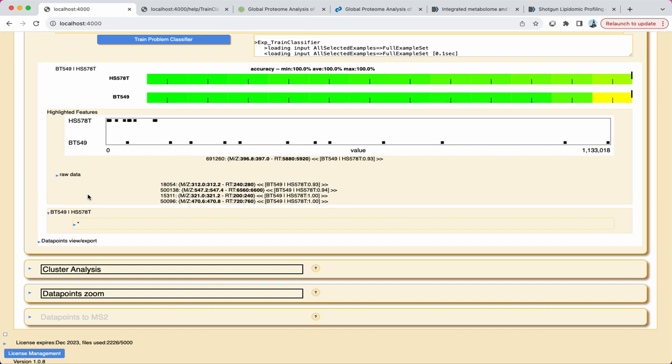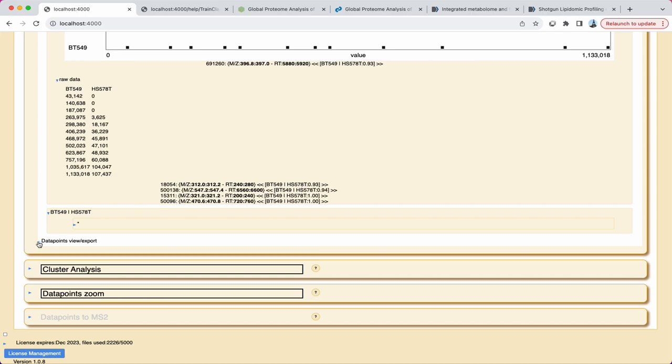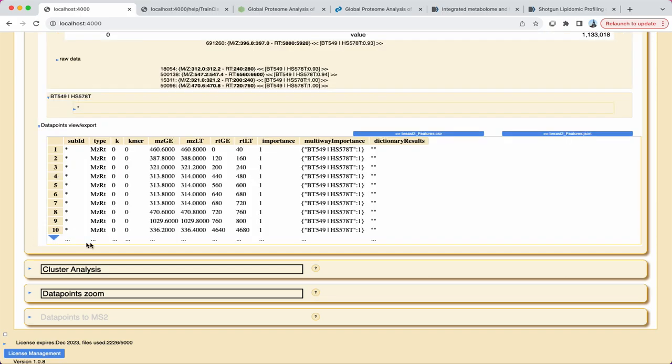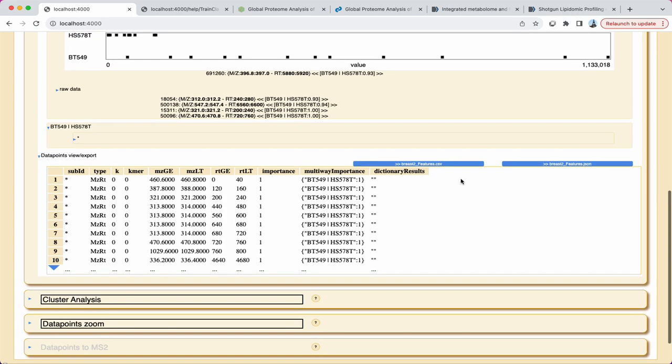In addition, you can access the numerical data for all of the data points assessed in machine learning under the Data Points View/Export button. This reveals a table of data that can be exported in different formats.